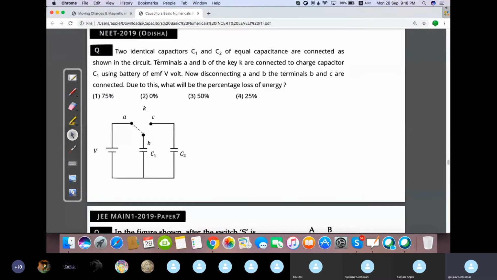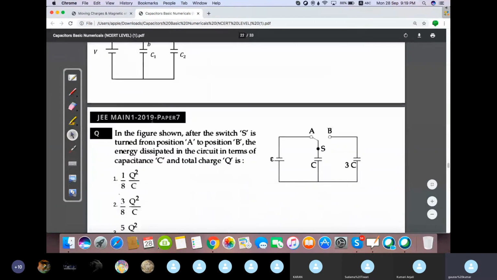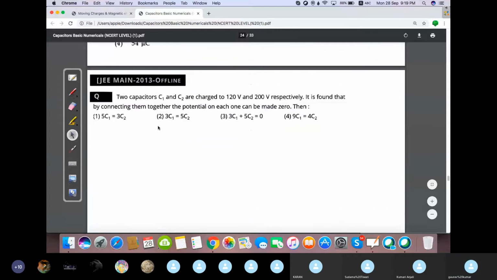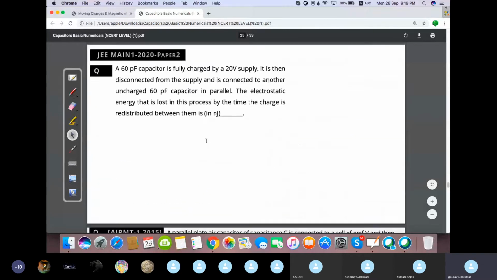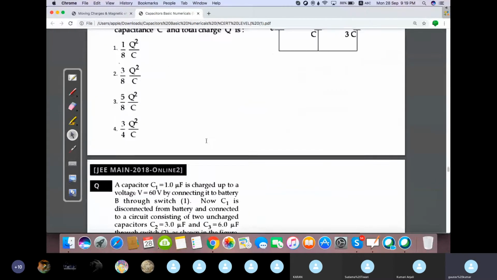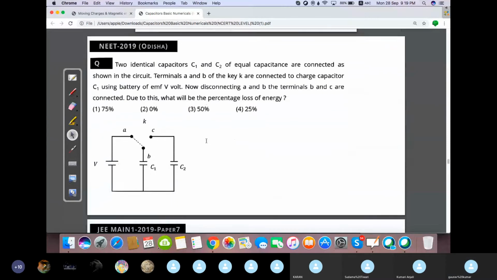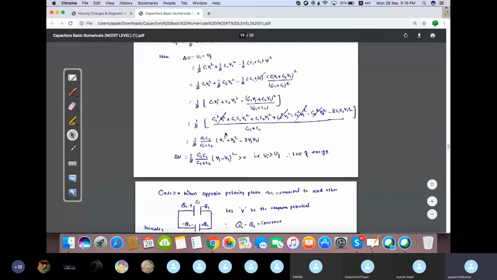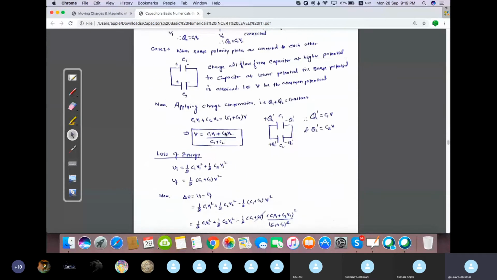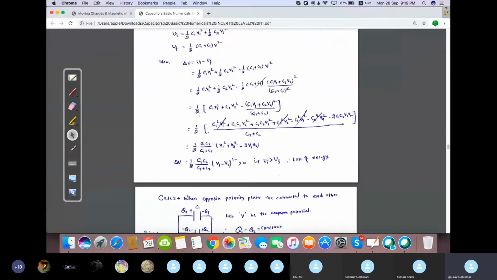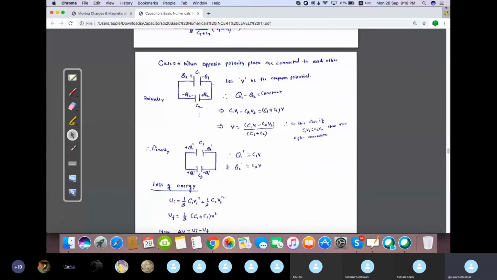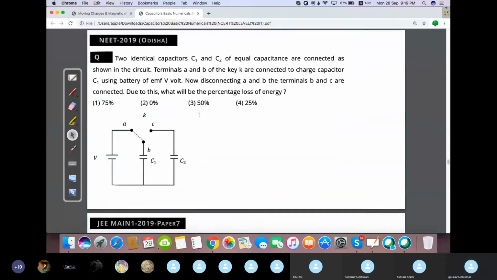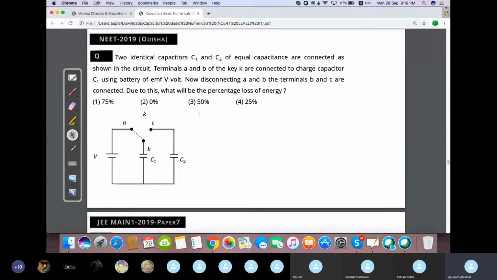Trust me here. See, this is asked in NEET, JEE Main, again JEE Main. Okay, in NEET also they ask a lot. So all these questions are very, very common. In boards, if they ask, you have to derive, you have to solve like this. The reason I have given this derivation now is that if they ask in boards, you have to write the steps and solve. You can't straight away apply the formula. But in competitive exams, you can straight away apply the formula. Okay, so let's write it.